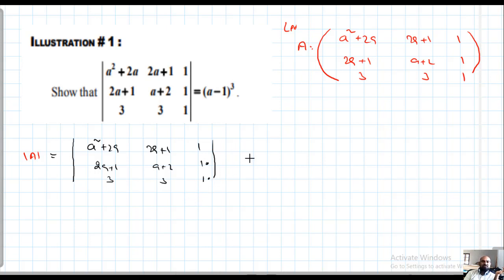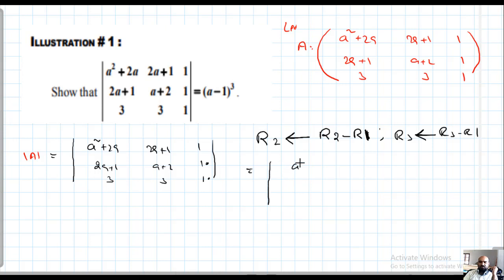That is my intention. That's why R2 changes. How is R2 changing? What is the operation on R2? I can say R2 minus R3, or R2 minus R1 also, no problem. So these operations are not unique. They depend upon our common sense, you can use. So R3 changed as R3 minus R1. No change in R1, as it is I am writing.